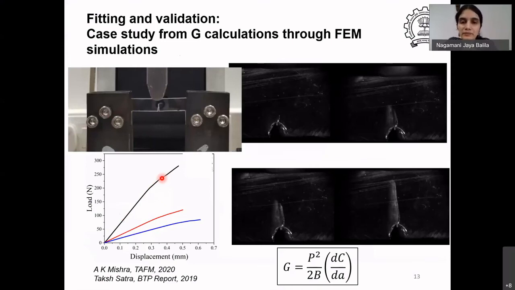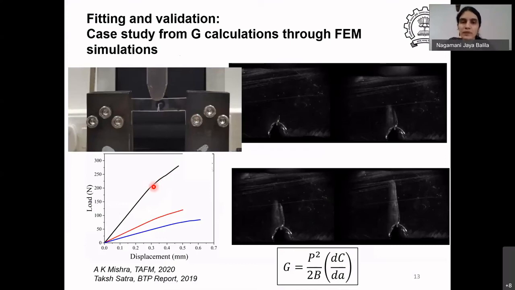Although this sample is brittle, the loading condition is such that it will control the crack growth. So you can see, initially there is a crack growth, then at a slightly higher load, it grows longer. Further increasing the load, it will grow even longer, and so on. So the curve initially is linear elastic because the material is just deforming. Once the crack starts to grow, it shows a deviation from linearity. Okay, so using again that slope fitting that we were talking about, you can get the load at which the